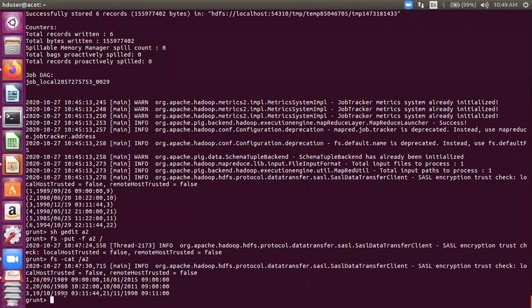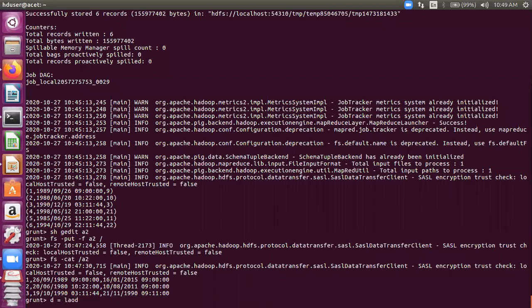So understood now. I have taken a data set which contains 3 columns. One is a serial number, and the other two are dates, but we'll be taking them up as char array only in the beginning while we are loading.